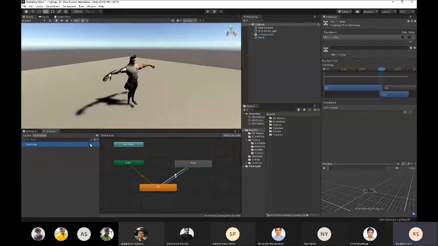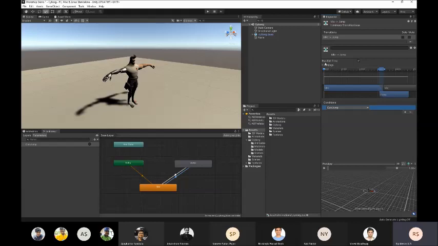So every time this trigger is enabled, only then will it transition into the jump animation. So let me show. Oh, I forgot to do one thing. We created the parameter, but we didn't assign it to this transition. So for that, click on this transition, come to the inspector window, you can see conditions. Right now it's empty, so we click on plus. So we have added this condition. Only if can jump is triggered, then it moves to the jump animation.